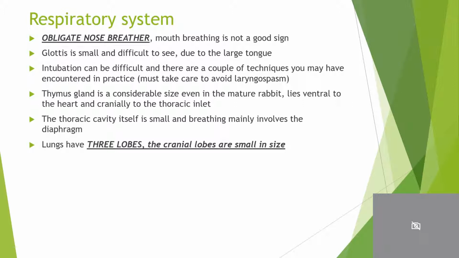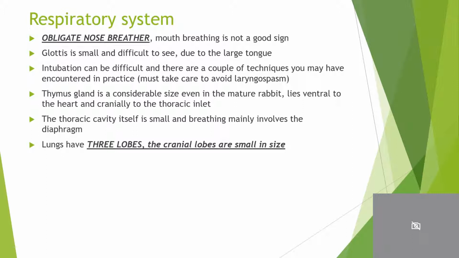The thymus gland is a considerable size even in the mature rabbit. It lies ventral to the heart and cradling to the thoracic inlet. The thoracic cavity itself is small, and breathing mainly involves the diaphragm, and we must take care when it comes to positioning animals for surgery that we ensure that the respiratory system is not affected detrimentally by the positioning of the